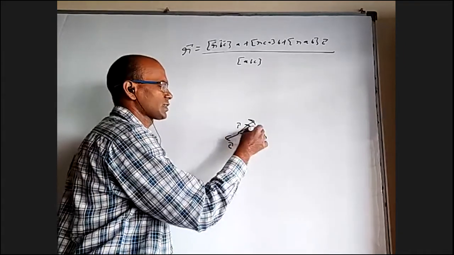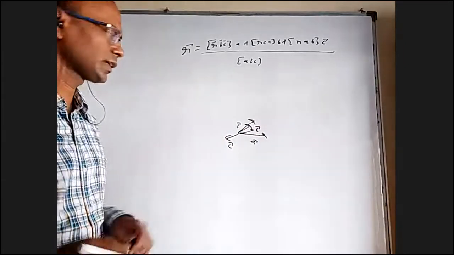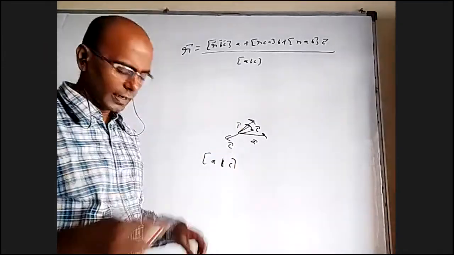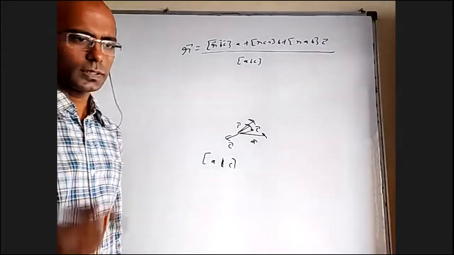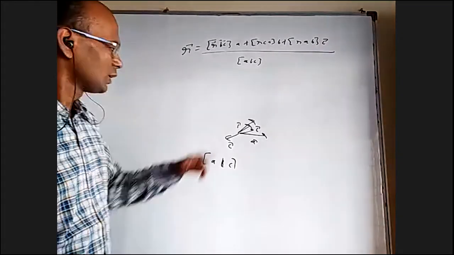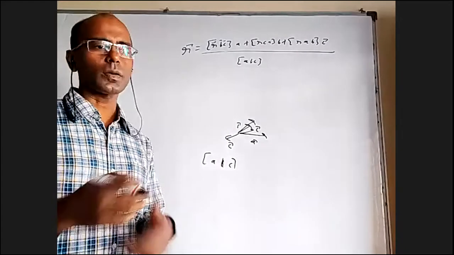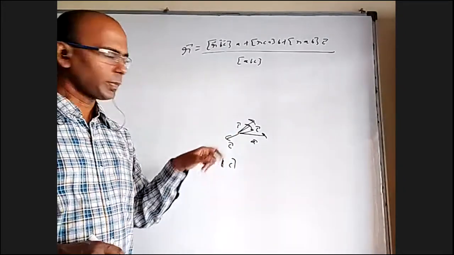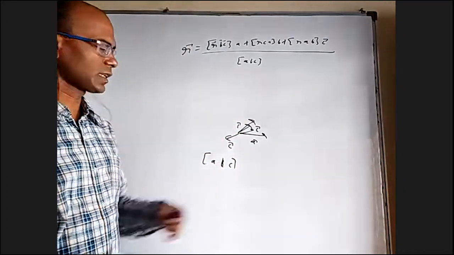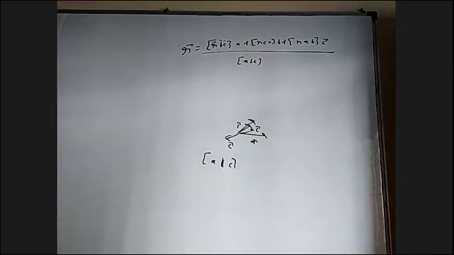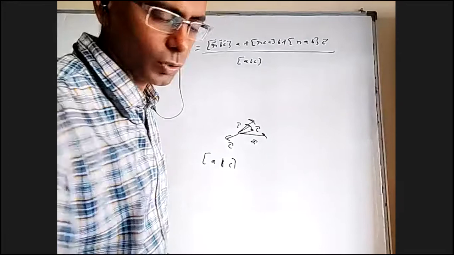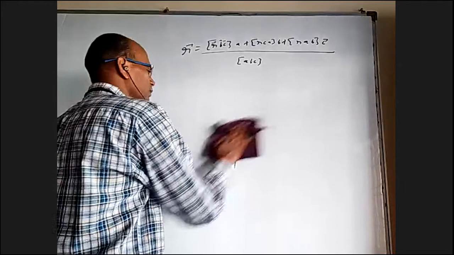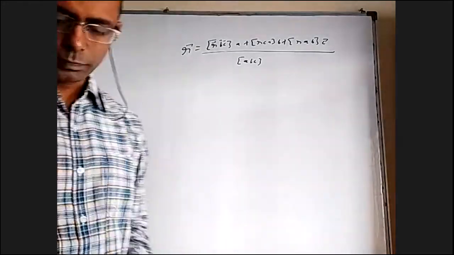Right hand system, and if you take C like this, it is right hand system. You can take it like that. So in the case of box ABC, if they are in the right hand system, box ABC value will come positive. In the left hand system, box ABC will come negative, because it depends on whether A cross B is making acute angle with C or obtuse angle with C. I'm not saying that C is exactly perpendicular to both A and B. In the IJK case it is like that, but here it is not necessary. So right hand system means box ABC is positive if A, B, C are in right hand system. If they are in left hand system, box ABC will be negative. But we don't use it so much, so it doesn't play much role.